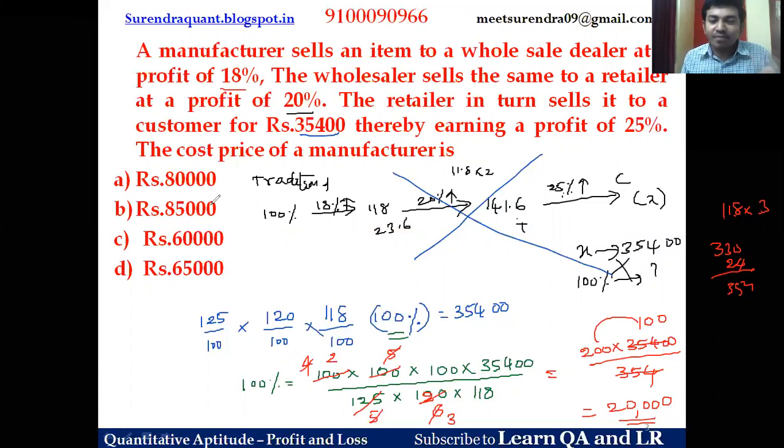So guys, I made a small mistake in forming the options. Let us say option E, rupees 20,000. The option doesn't make sense, right? A small typo error. When the final cost price for the customer itself is 35,400 with a lot of profits, how do you get less than that? How do you get the manufacturing cost more than what the customer paid? So it is a typing mistake in the options. So let us make option E as 20,000, and that is correct, right?